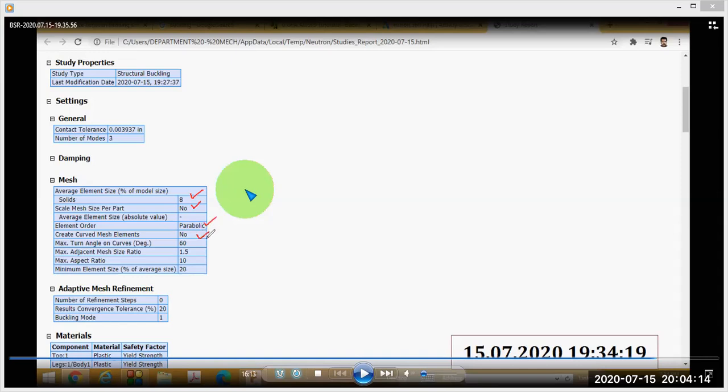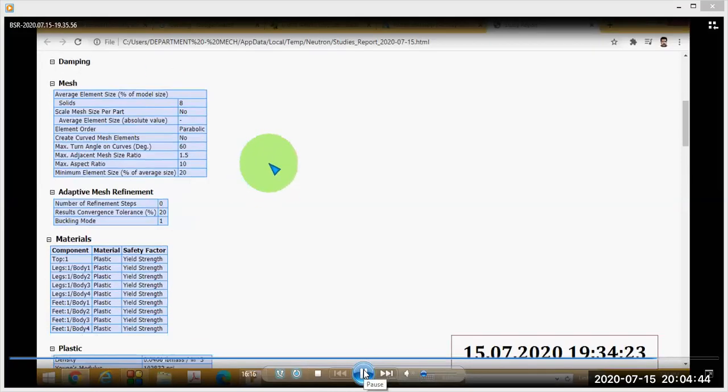Create curved mesh elements, no. Then maximum turn angle, adjacent mesh size ratio, aspect ratio, maximum aspect ratio, then minimum element size. Then this is actually the mesh refinement. You can refine your mesh. Number of refinement steps is actually 0, result convergence tolerance is 20, and buckling mode is 1. So I will not go into the mesh refinement details.